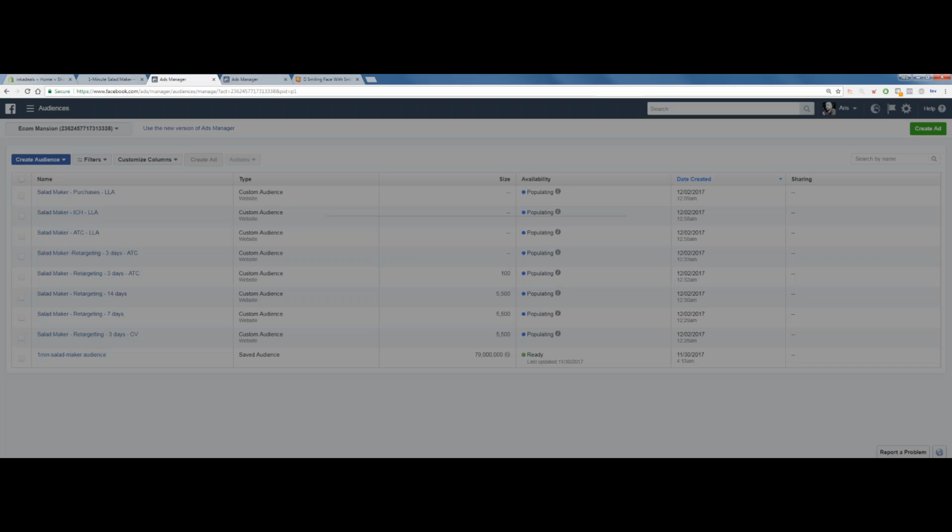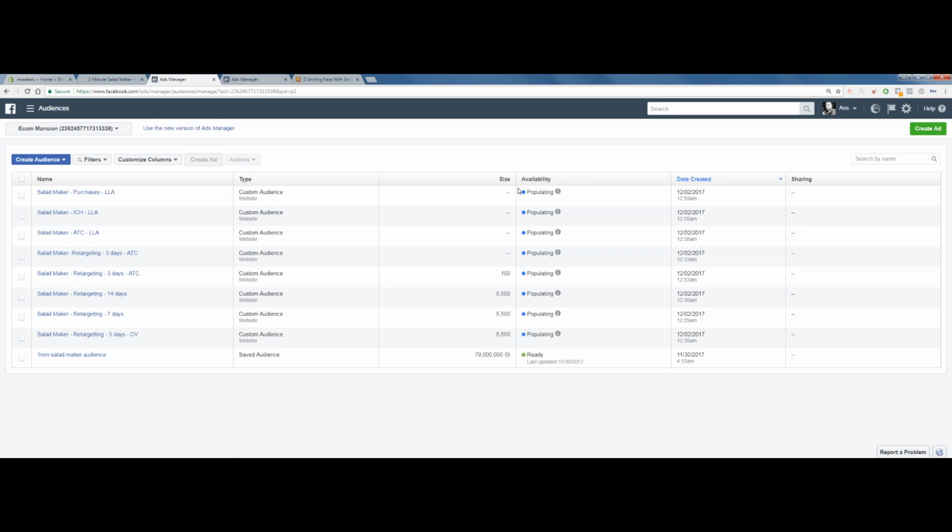Now, Facebook is going to populate these 3 different audiences that we created. So it's going to find everybody from that site that has added to cart, initiated checkout, and purchased that product, and populate them in their respective category.